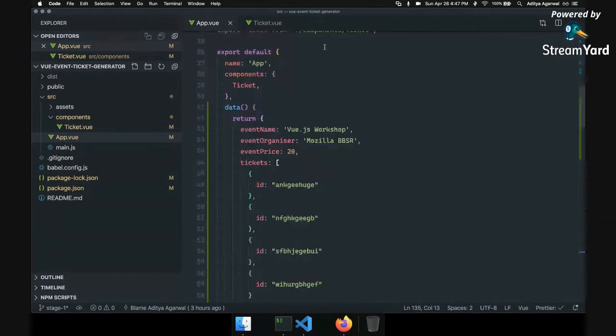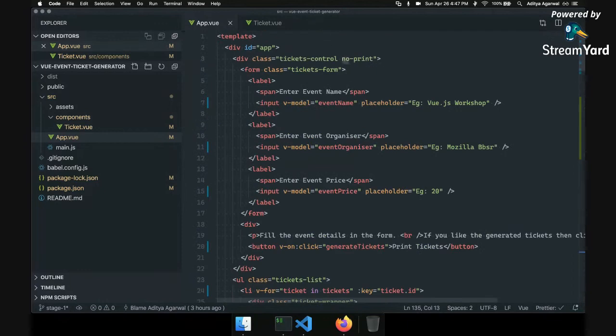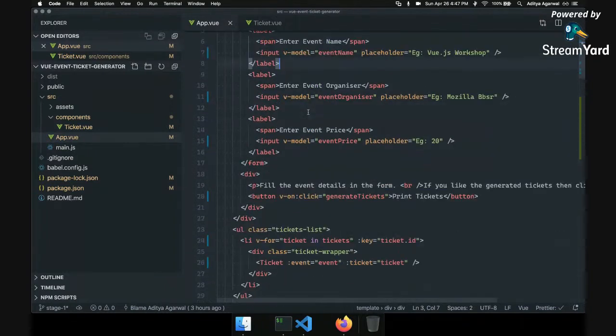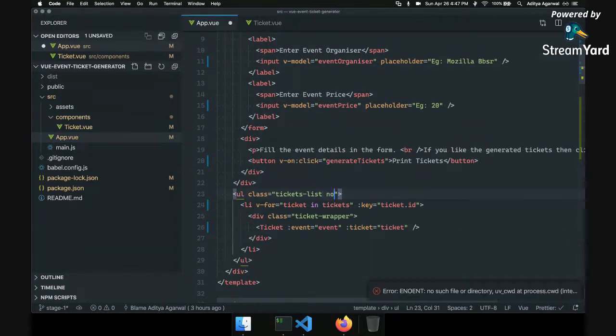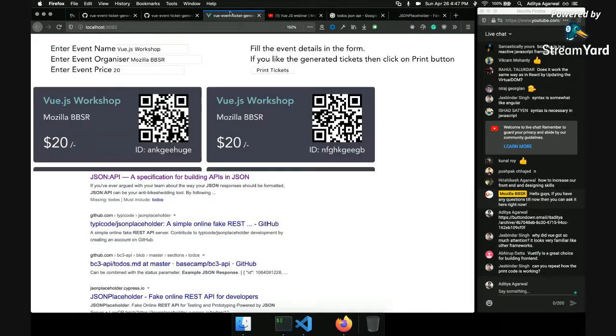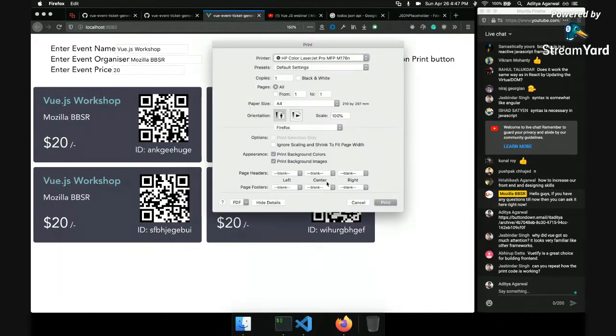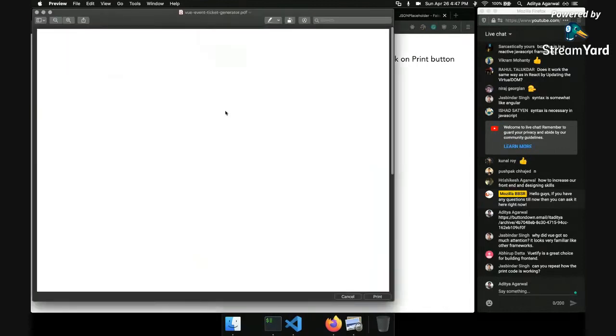And what I did was add the no-print class on the form only. You can see it is on the form only, it is not on the tickets. If I add it on this as well, no-print, and if I print, you see there is nothing coming here.